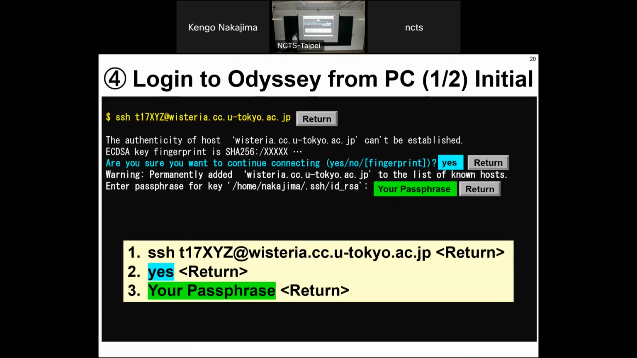And at the first login, you are asked, are you sure you want to continue connection? Type yes in full spelling, and return. After that, you are asked to enter the passphrase. Please enter your passphrase and return. And if you are successful,